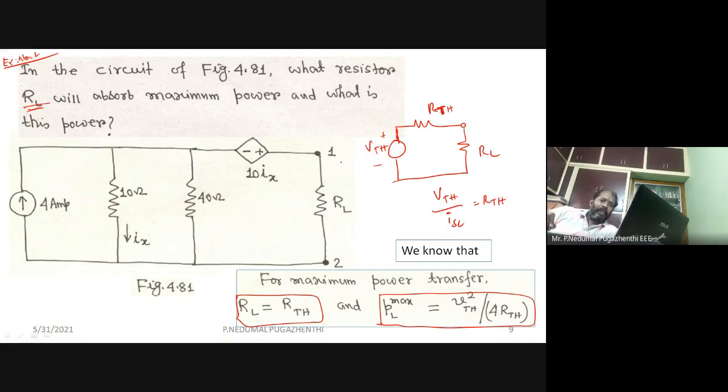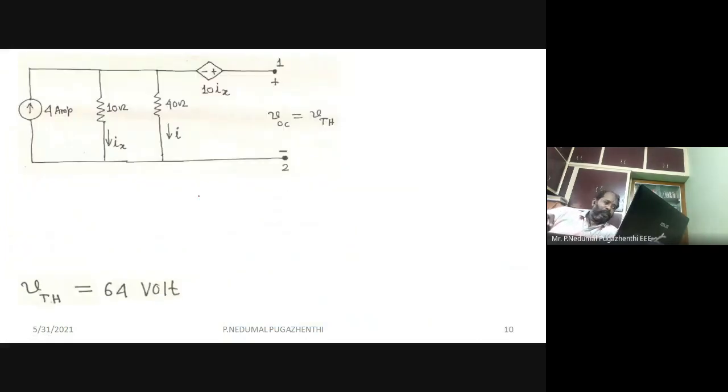Because I cannot apply my methodology directly to find RThevenin, because I have a dependent source here. I cannot eliminate this as it is. So I have to find a short circuit current using this, then I can find VThevenin, then I can find my RThevenin, right? That's the idea. We will go one by one. We will first find VThevenin. So first I have to find what is Ix, then I can find the value of this voltage source, and then from the terminals 1 and 2, I have two elements.